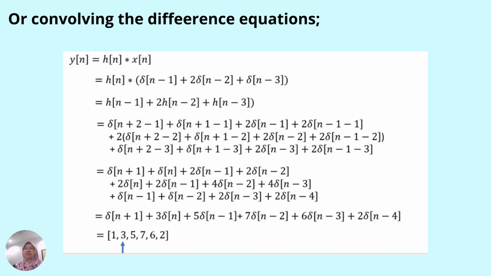So you start with n plus 1, then n, then n minus 1, n minus 2, n minus 3, n minus 4. Okay, once you arrange it like that, then it's easier for you to write down the sequence of numbers,